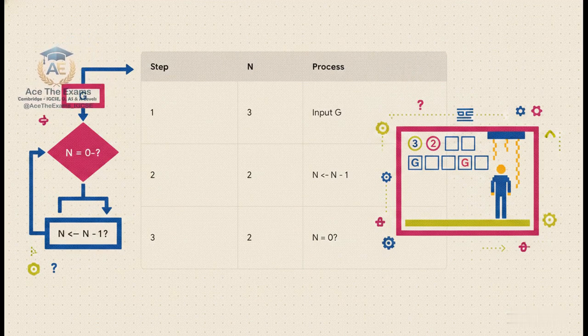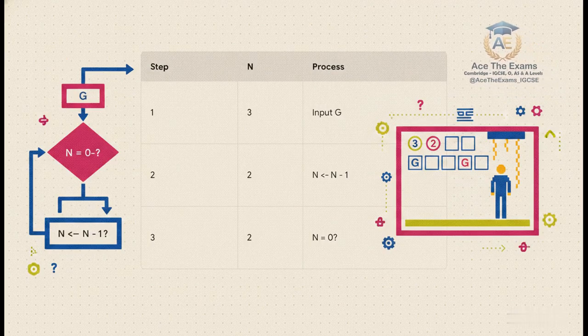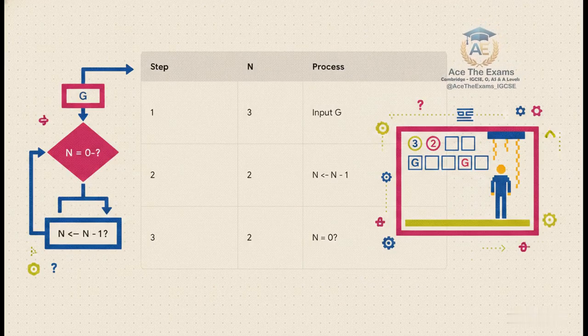Step 1, we start with n, which is our number of guesses left, sitting at 3. We process an input, g, the guess. Step 2, the process happens. N is assigned the value of n minus 1, so n drops down to 2. Step 3, we hit a decision block. Is n equal to 0? No. By tracking these iteration variables step by step, you are mathematically proving that you totally understand the logic flowing